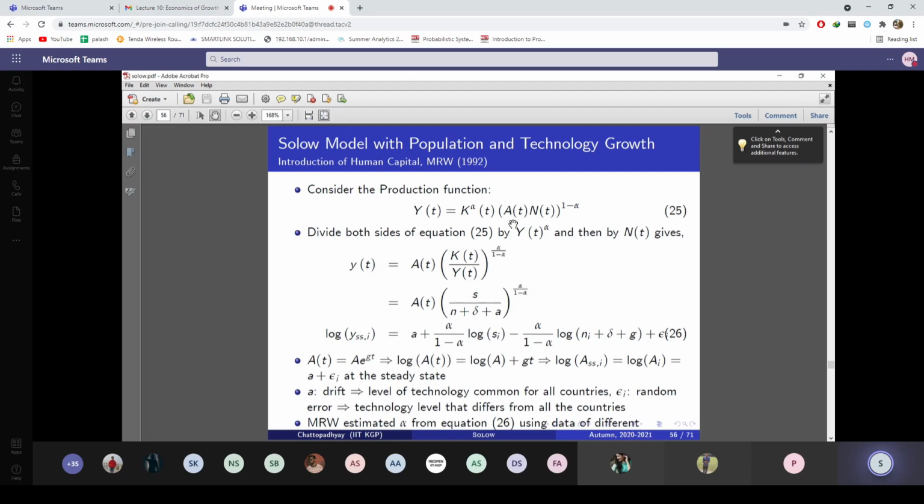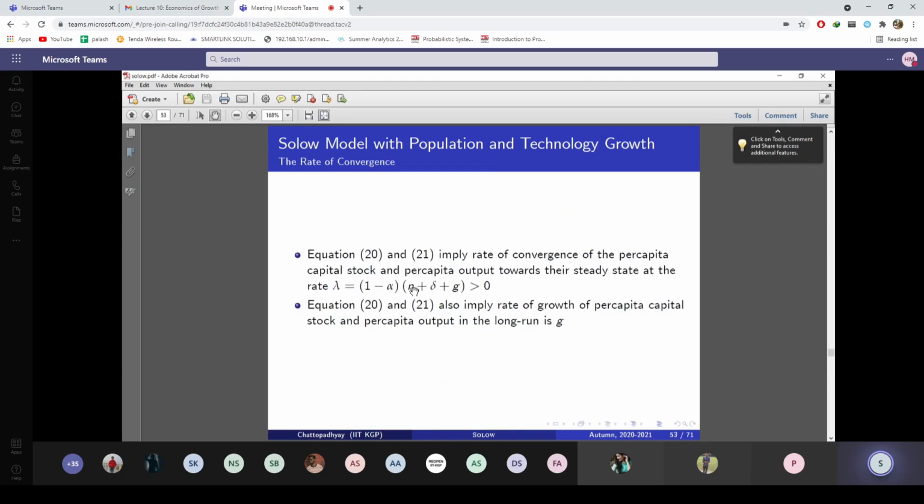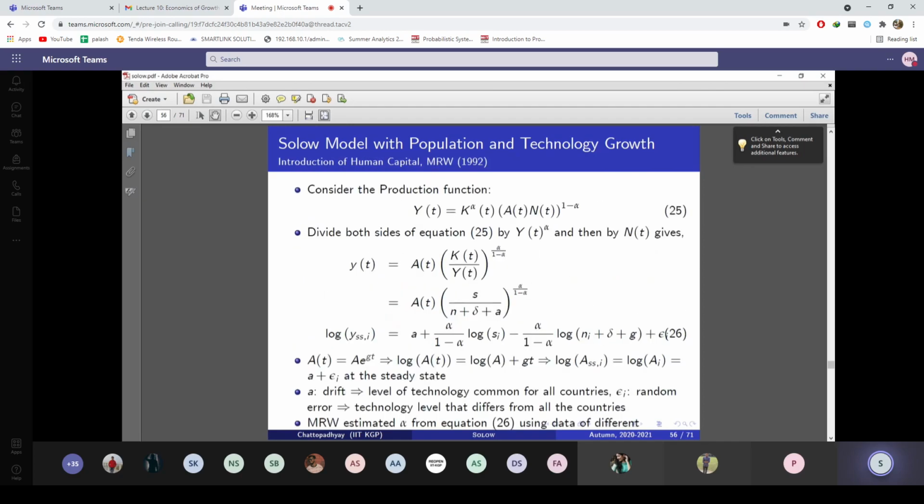So there are two ways people have incentivized human capital. First of all, I have explained to you that this particular part is basically the convergence rate. And when you have a simple production function without human capital, the rate of convergence to steady state was extremely high, which is not matching the data. Mankiw, Romer, and Weil showed that if you simply estimate this equation, the value of capital share in national income, which in the data is 1/3, the estimated value you are getting is way over 1/3.